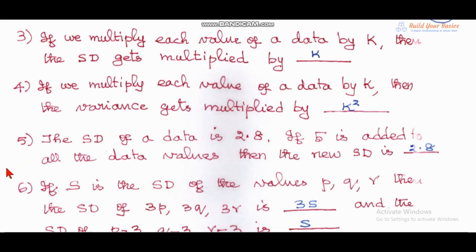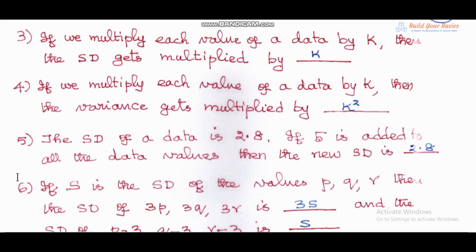Question number 5. The standard deviation of a data is 2.8. If 5 is added to all the values of the data, then the new standard deviation is the same,